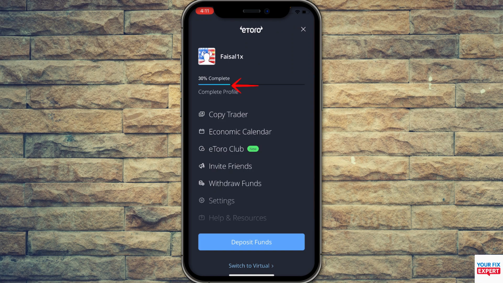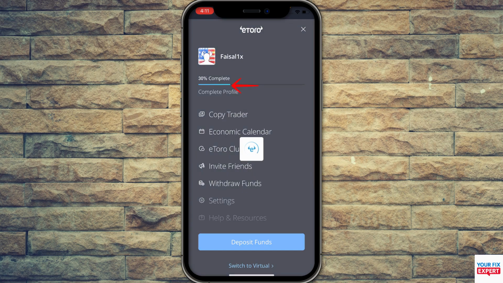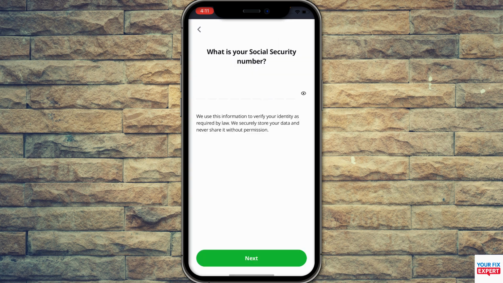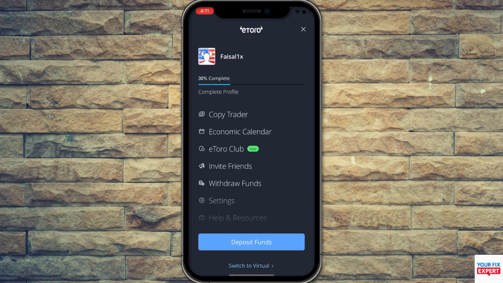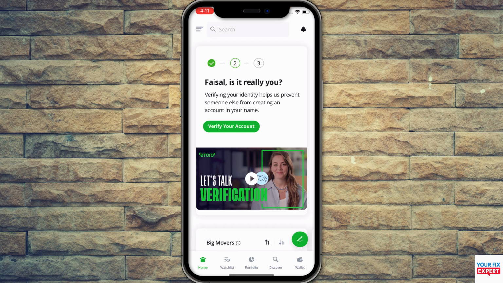So make sure to click on the complete profile option, and once you click here, they will ask you to enter all the details, including your national card, like the social security number, the address, the nationality, and the proof of everything. They will verify within 24 to 48 hours. And once your profile is complete at 100%, after that, on the home section, they will ask you a